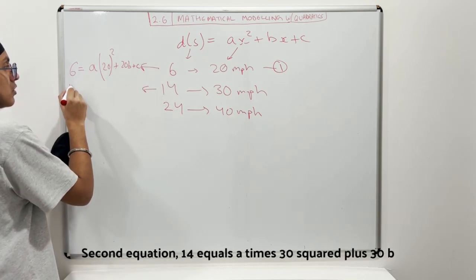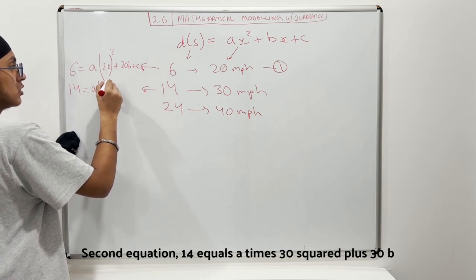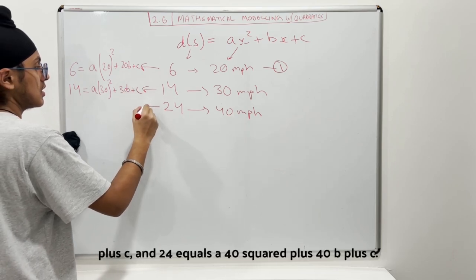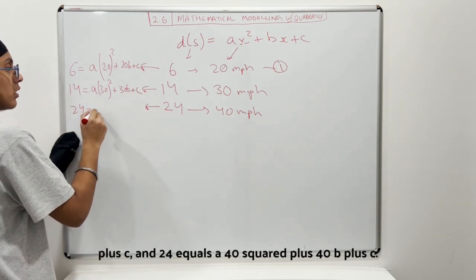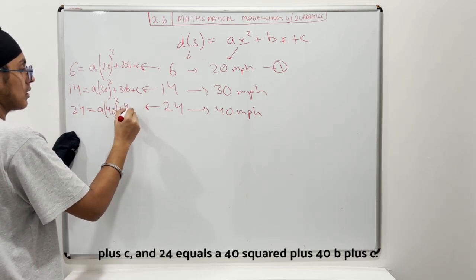Second equation, 14 equals a times 30 squared plus 30b plus c, and 24 equals a times 40 squared plus